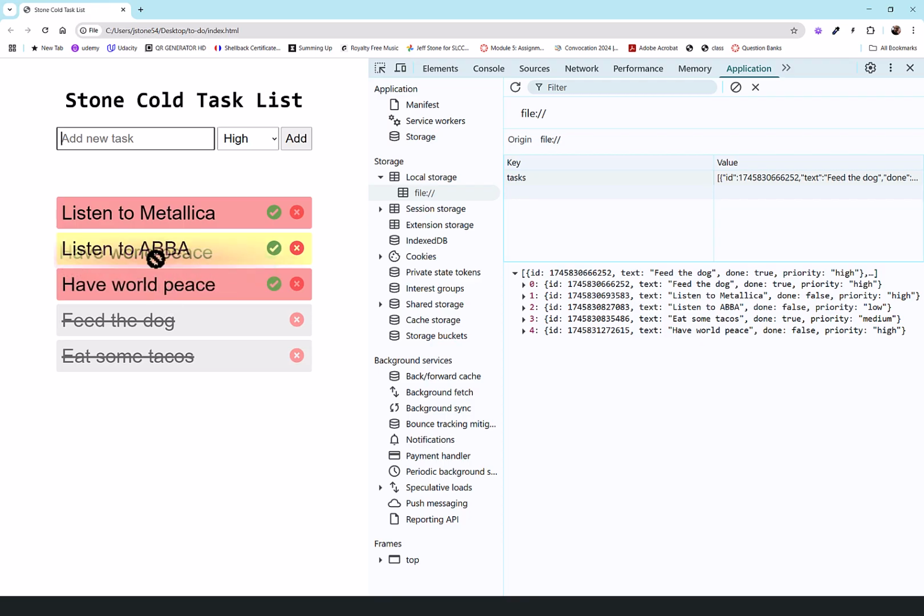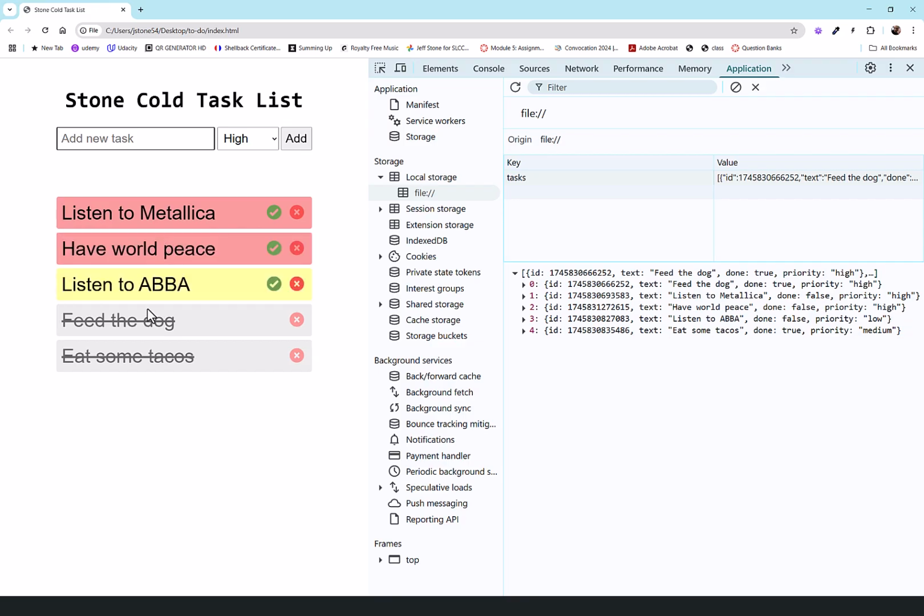I pick it up and you can see there's a plus sign when I'm on top of ABBA, but if I kind of go between them, it's not there. If I'm on top of ABBA, what it'll do is replace ABBA with world peace. So it moved ABBA down below there, right? So you want to drag this on top of the position you want it to be in, right? That's a little hint on how this works, okay?